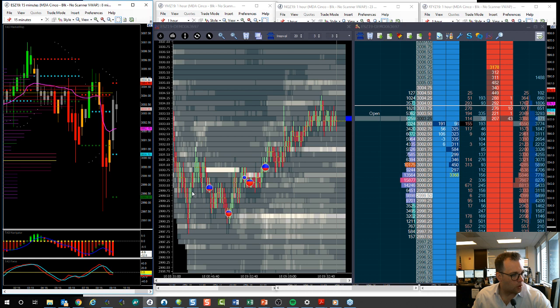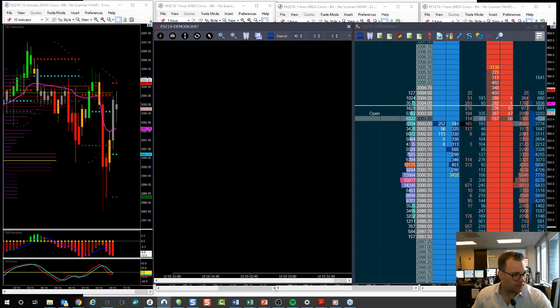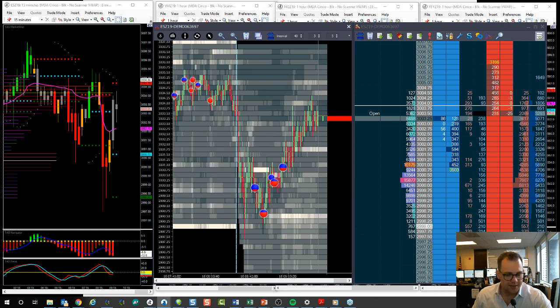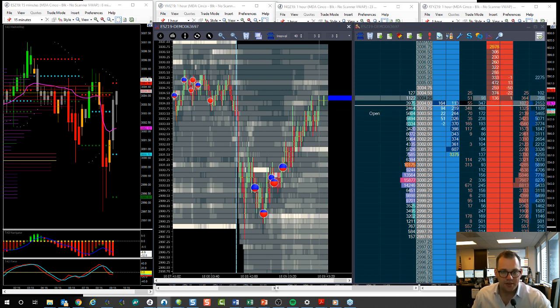We worked our way lower, and if we look at our price data on this move lower, this is where the Jigsaw element, or order flow, that I use comes into play. You can replicate this on Sierra Chart. There's another program called Bookmap. I've just happened to use the Jigsaw tool for a number of years now, so to me, I'm very, very comfortable with what it's showing here.